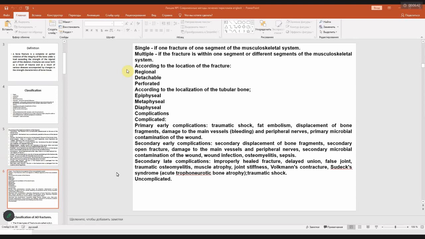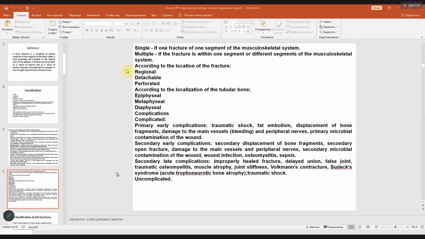According to the location of the fracture: regional, detachable, perforated. According to the localization in the tubular bone: epiphyseal, metaphyseal, diaphyseal. Complications: complicated, primary